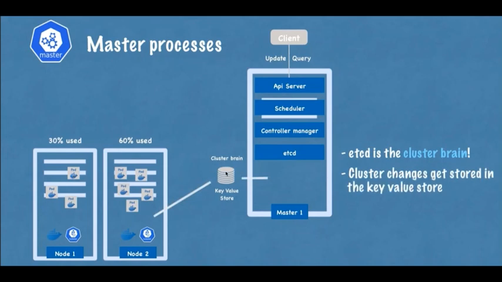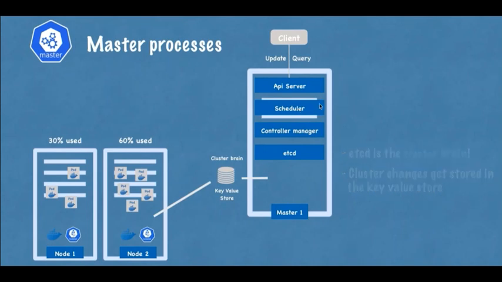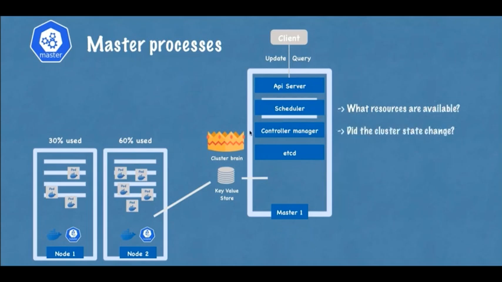All of this mechanism works because of etcd's data. For example, how does the scheduler know what resources are available on each worker node, or how does the controller manager know that the cluster state changed in some way, and that kubelets restarted new pods upon the request of the scheduler? And when you make a query request to the API server about the cluster health, or for example your application deployment state, where does the API server get all its state information from? All the information is stored in the etcd cluster,